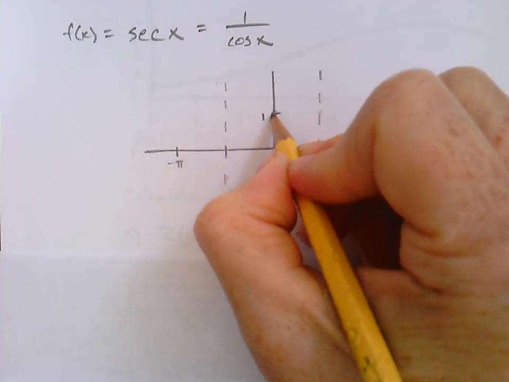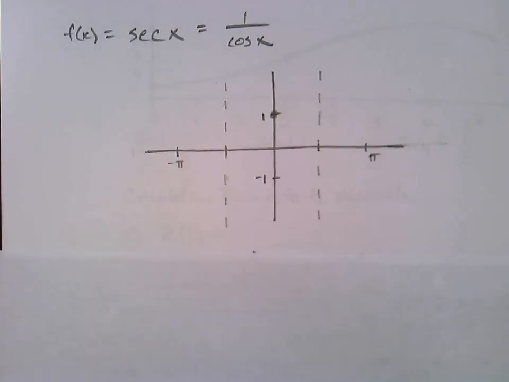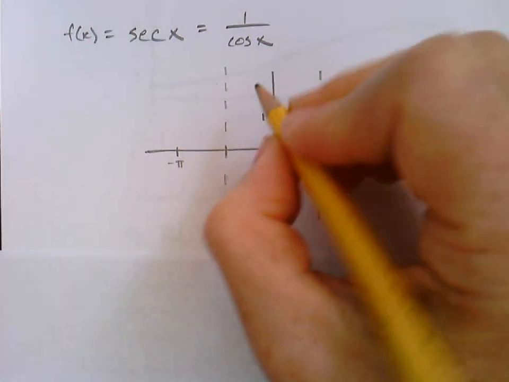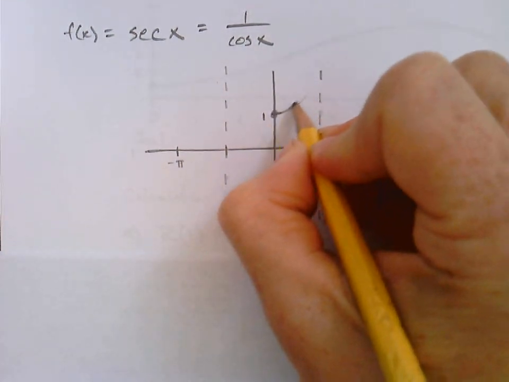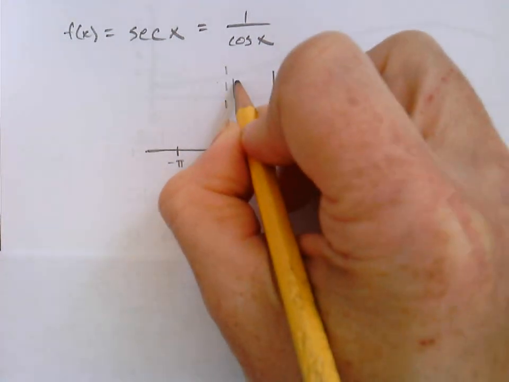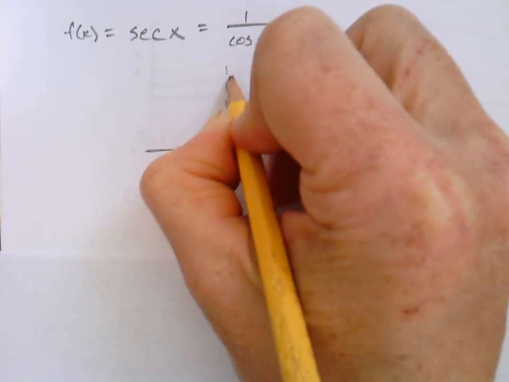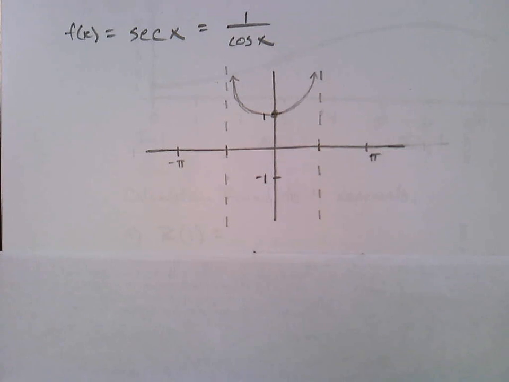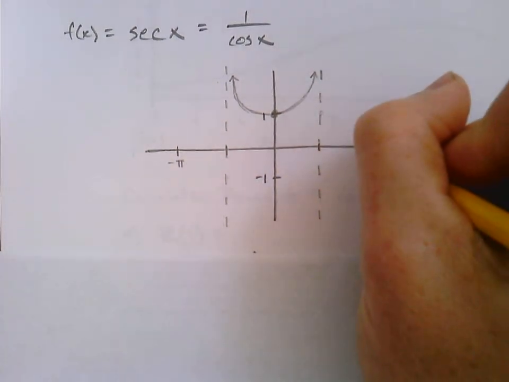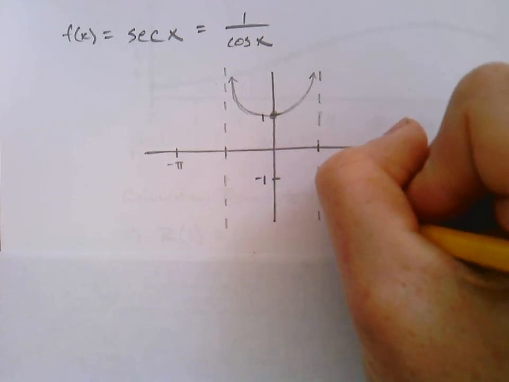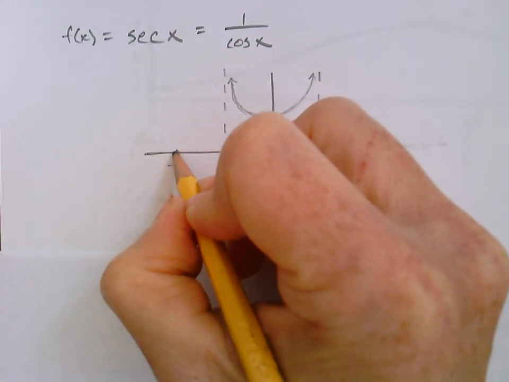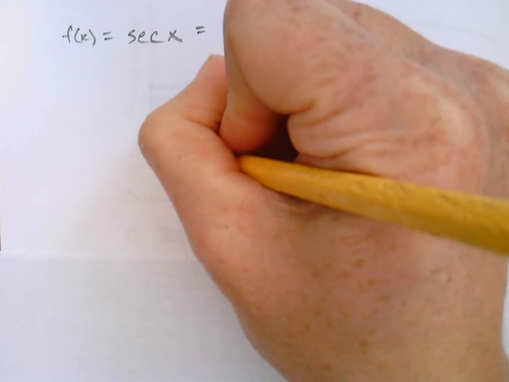And the graph in the middle would start there at 1 and would then extend upwards in both directions, very much like what we saw a moment ago. And then on the outsides, same idea, but I'm going to draw it like this, because this is how we typically think of